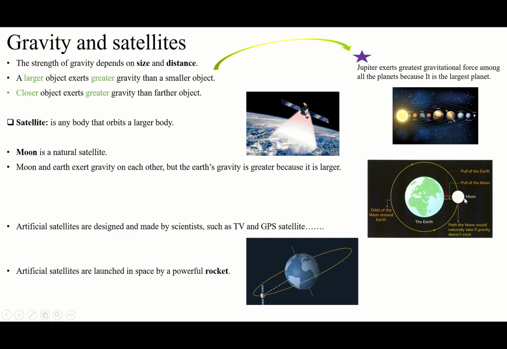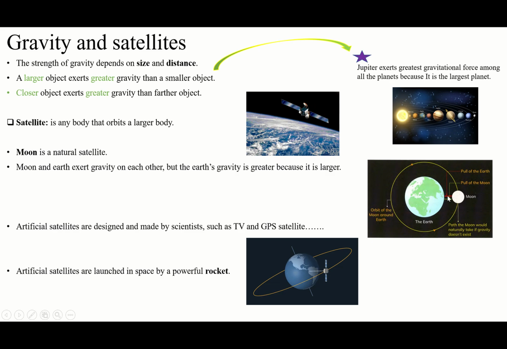Why? How do you know the red one is the gravitational force for Earth? Because the red one is larger, it means larger force, larger gravitational force. And we know that Earth exerts a greater gravitational force because Earth is larger. When the object is larger, the arrow is going to be larger because the gravity is greater. And in here, the moon is smaller, so the arrow is smaller. Why? Because the gravity is smaller. The gravitational force is smaller. So by the size of the arrows we can easily detect which gravity is that.